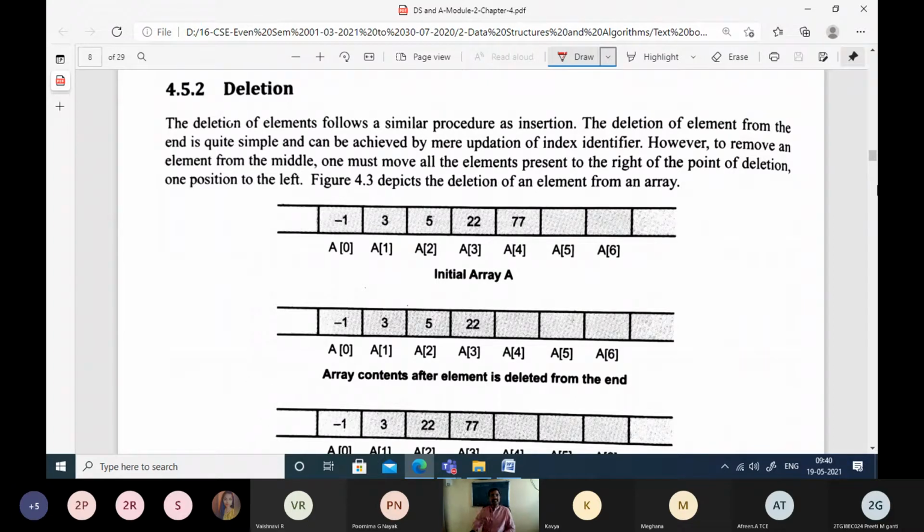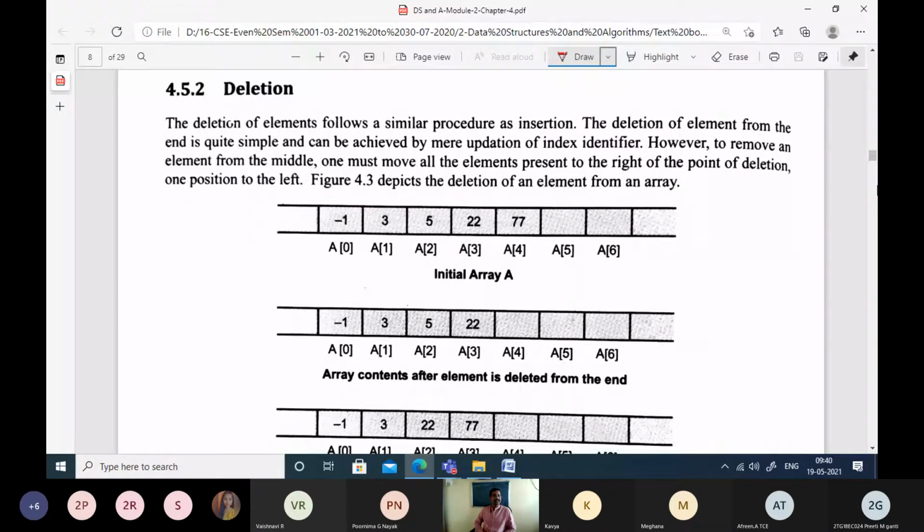But if you want to insert an element in between some elements, then before you insert an element onto the specified location, you have to shift all the elements to the right. You have to create a vacancy for that element to be stored, and once you create that vacancy, the new element can be stored in that particular location. And after insertion, again we have to increase the size of the array as well. That was the overhead involved when you want to insert an element in between.